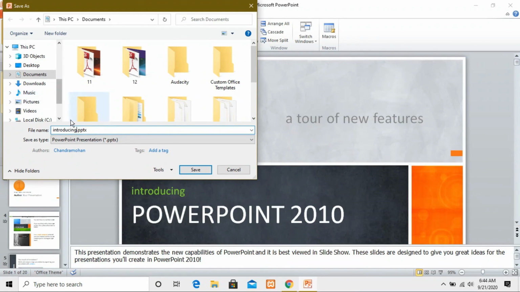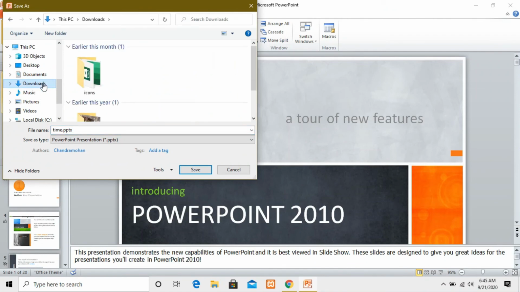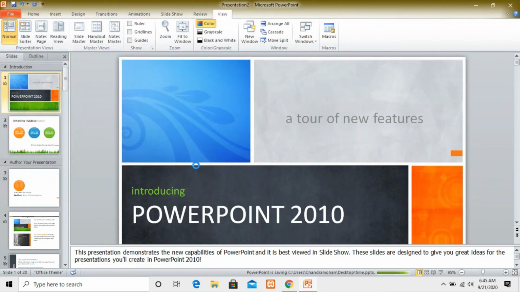So write down the name of your file, like here I am going to write the name as time. Now you can choose the place where you want to save your file. So here I want to save my file on the desktop. Okay, now click on the save button, it will be saved.